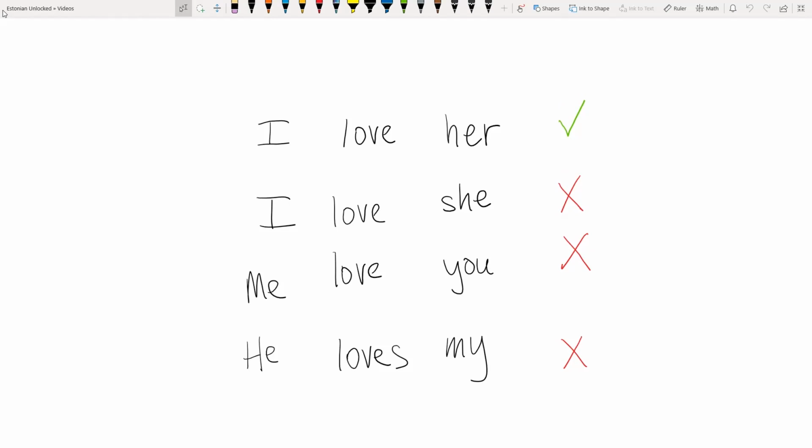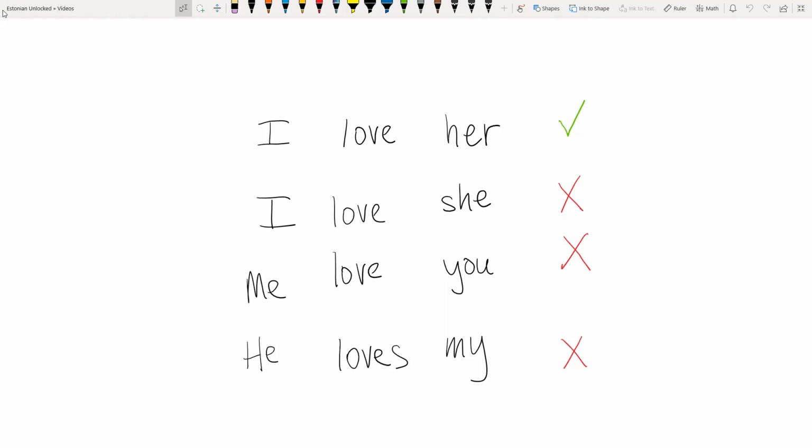So I want you to take a look at these first two sentences and realize what's wrong. I love her and I love she. Why is she wrong? Well, it's wrong because it's just a different form of the word her, but it's the wrong form because it doesn't make sense in the sentence. Why does that intuitively make sense to you? Well, this is the bare basics example that we have in English of cases, and it's one of the few that we have. But all cases really are just different forms of one word. So she is a different form of the word her and vice versa. Same with I and me and my are all different forms of the same word, but they have different jobs